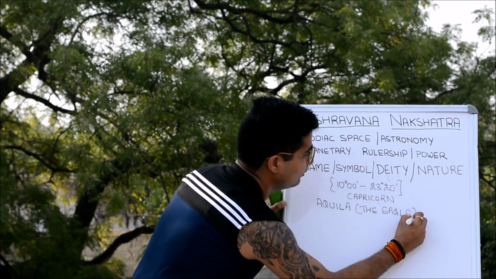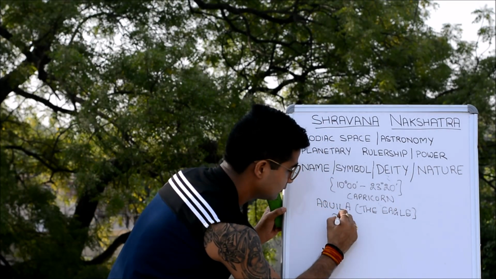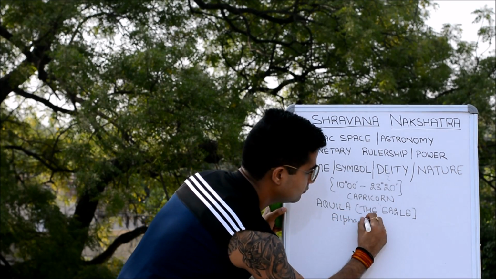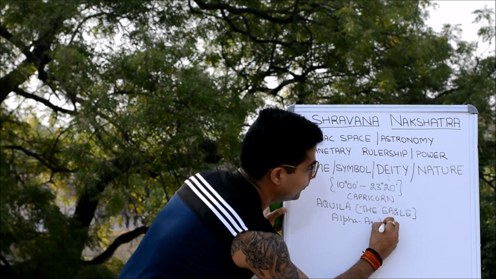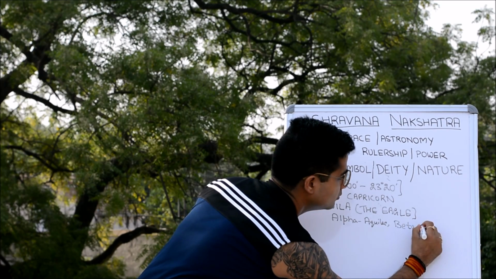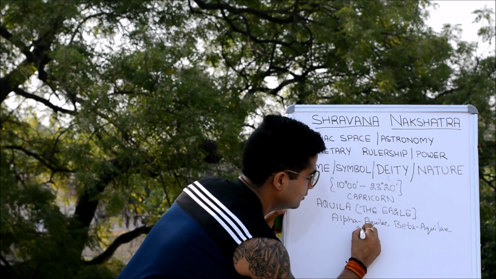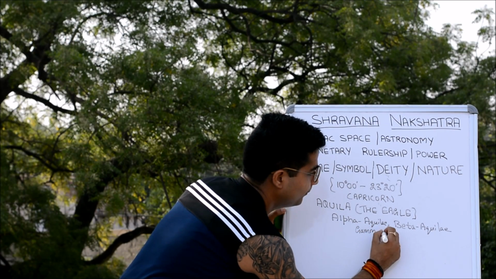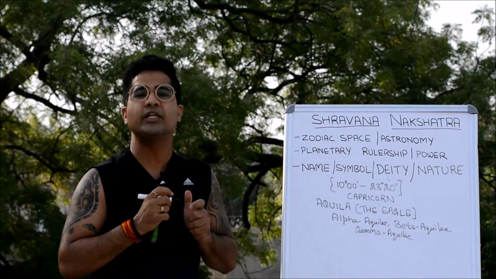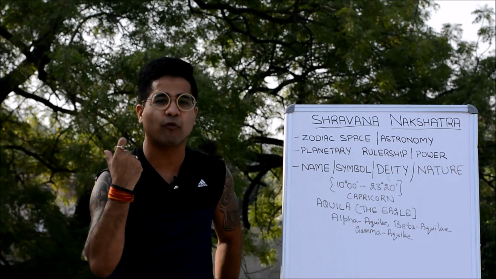Within this constellation, this nakshatra constitutes 3 stars: Alpha Aquila, Beta Aquila, and Gamma Aquila. Whenever the ancient sages looked at the sky, they saw these 3 stars making the form or the shape of 3 footprints,